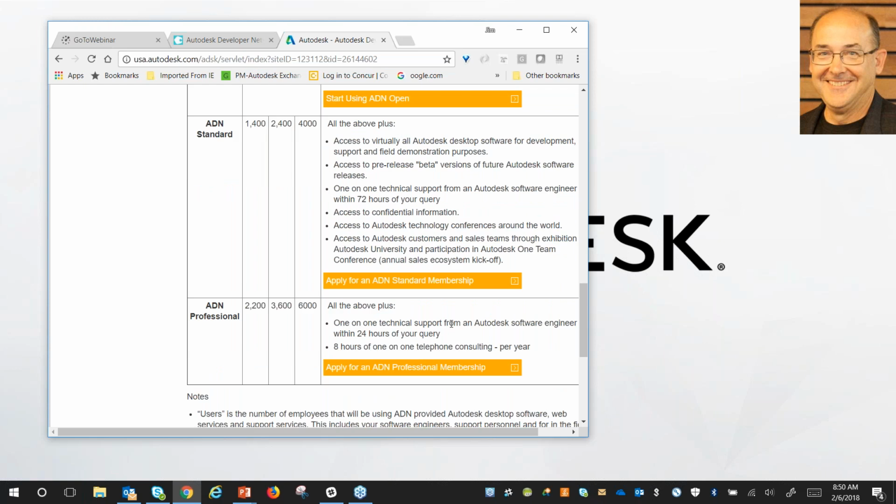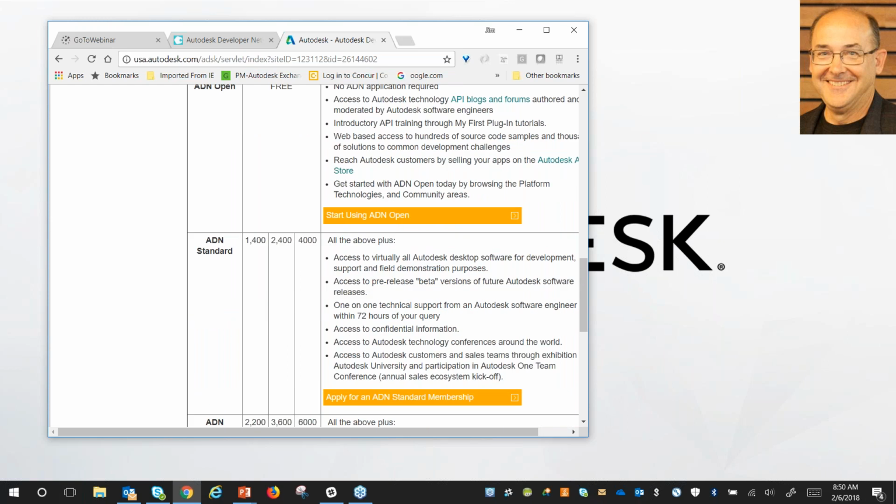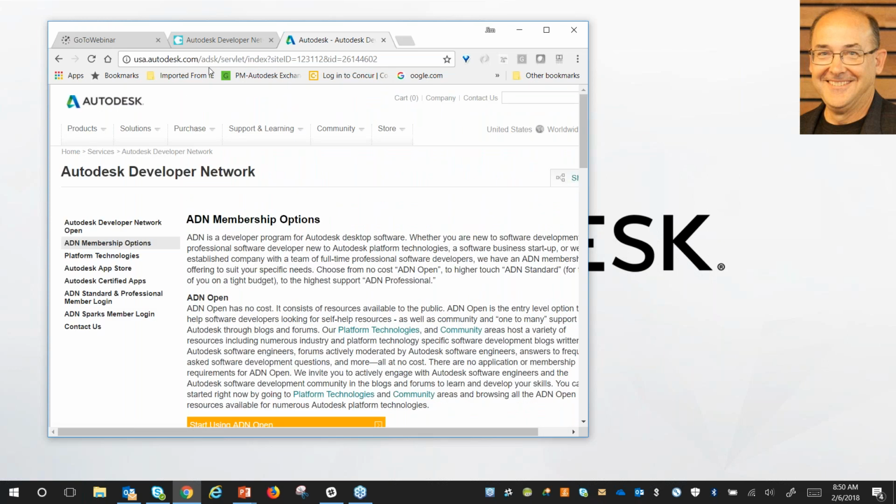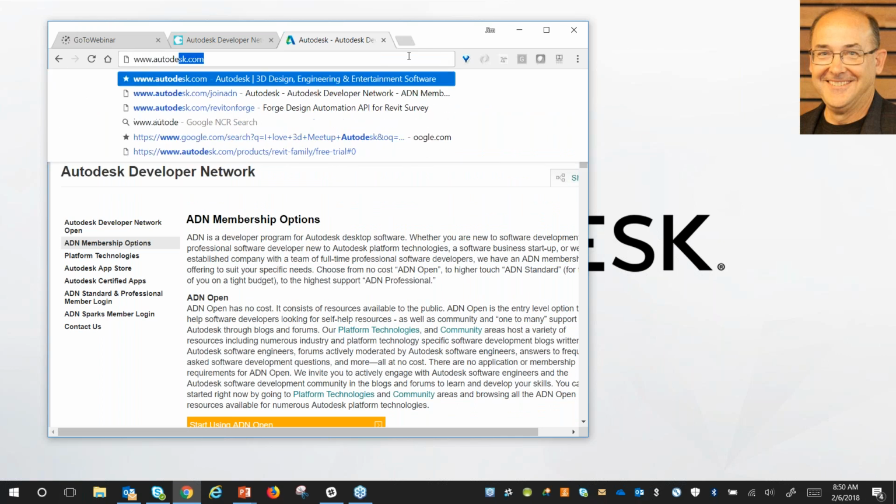ADN Professional is about getting faster support. You might not want to wait 2 or 3 days, and you want an answer in a day. It also includes a bit of telephone consulting, one-on-one, to help you with your development efforts. It's worth pointing out as well that Forge support is run separately from ADN support. Do you want to mention that, Jim?